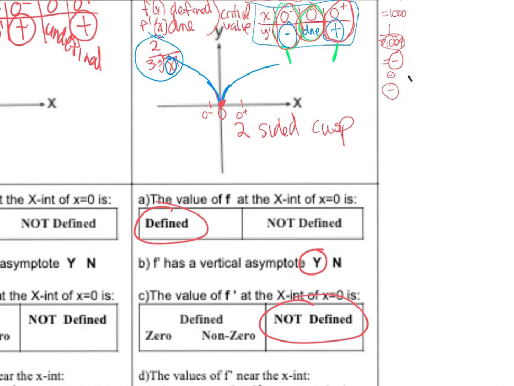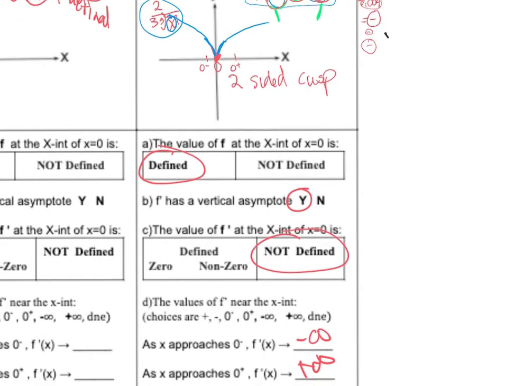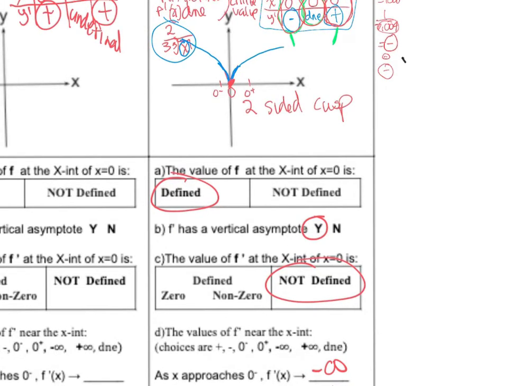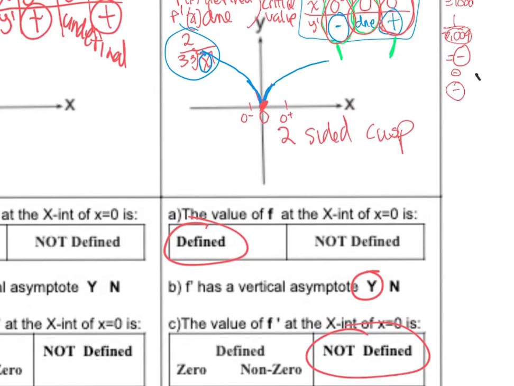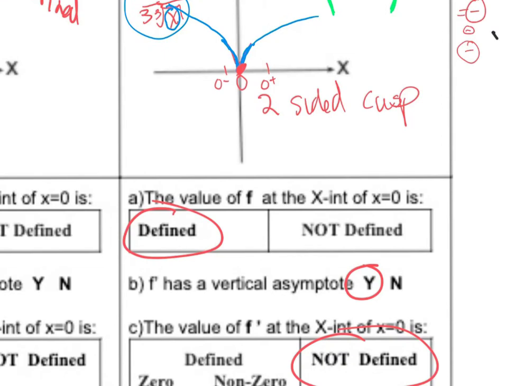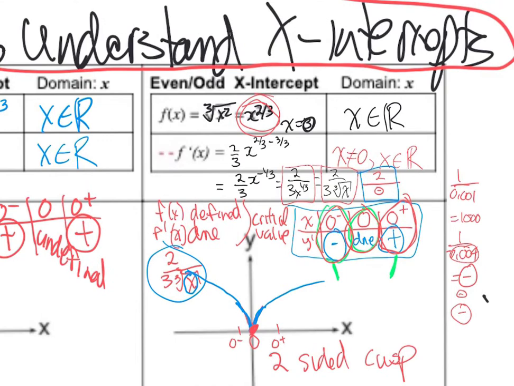Okay, so I'm just going to finish off this table here that we should probably look at. Let's go through and finish this before I pause it and have you complete the rest of the handout. So let's analyze the work that we've done. Part A says, and again, I'm at the even odd x-intercept,